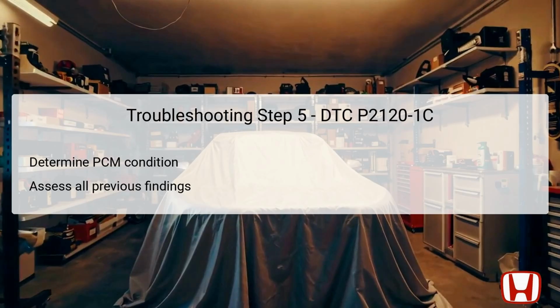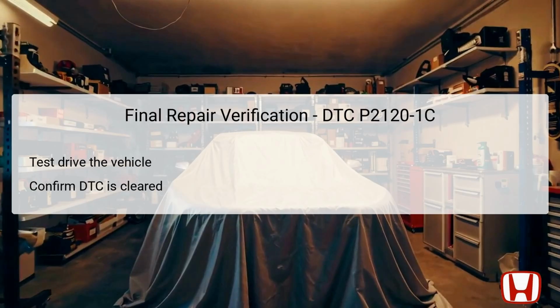A PCM is critical as it is responsible for processing signals from various engine components and responding accordingly. Repair or replacement of the PCM may be required if found defective during the examination. Each step leads progressively toward isolating component failures, with the PCM being the final checkpoint if all other parts test as functioning. To verify the effectiveness of repairs after addressing DTC P2120-1C, conducting a final test drive of the vehicle